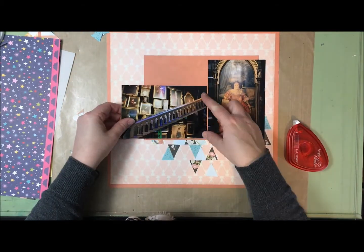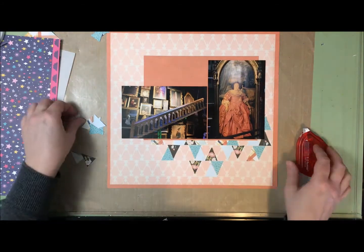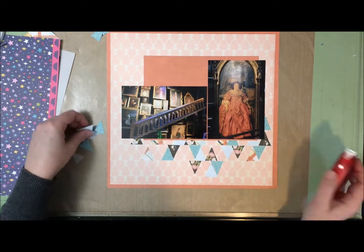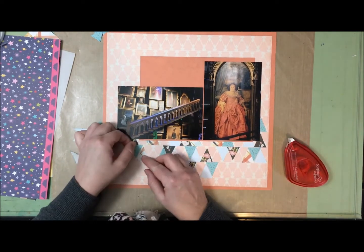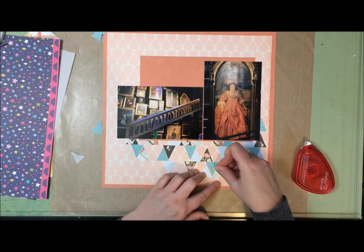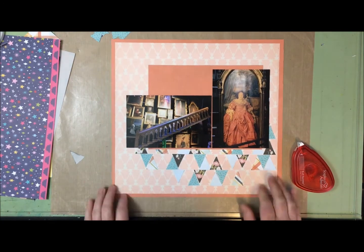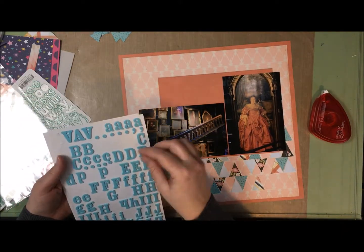And get my photo stuck down. Now my mat is not big enough to contain the photos completely, and I knew that. If I'd wanted to cut something that was big enough, it would have made the layout a little bit more flimsy than I was really prepared to have. So I'm okay with it not going the full width and having my photos sort of hang off the edge. I think that is actually quite a nice look. So once those are in place, I can finish putting in all my little triangles and find some letter stickers